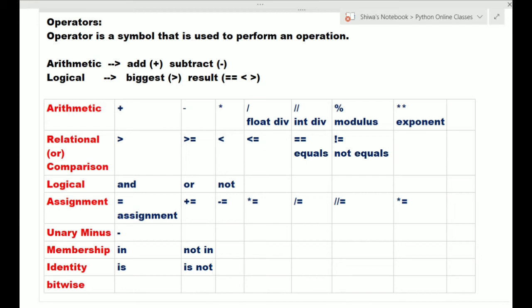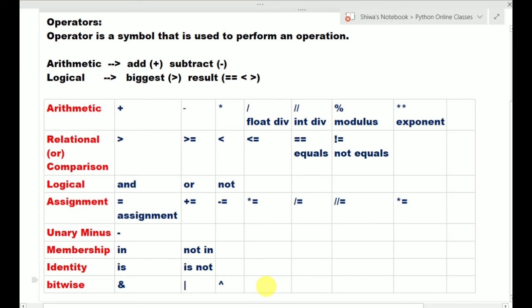Next, bitwise operators. Python provides bitwise operators like bitwise and, where the ampersand is the symbol for bitwise and, and the pipe is the symbol for bitwise or. Next, this caret is the symbol for bitwise XOR; you can also call it cap.